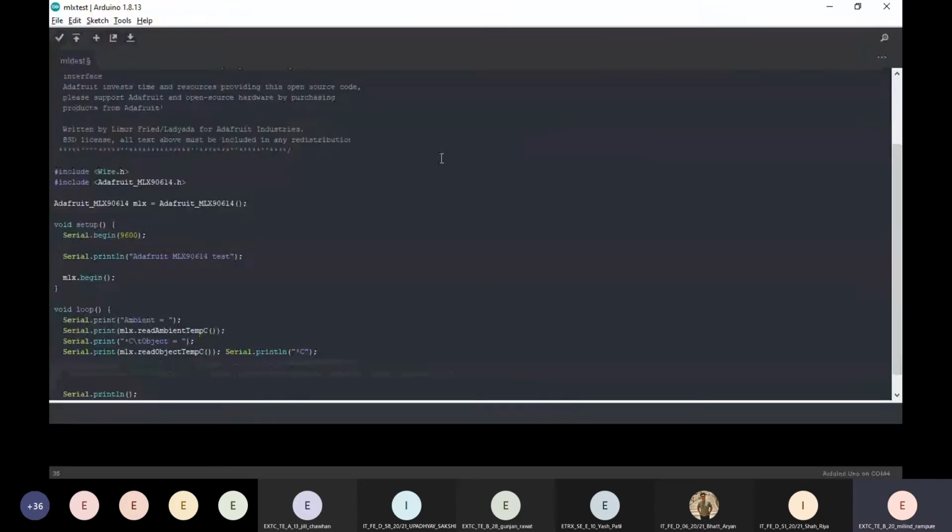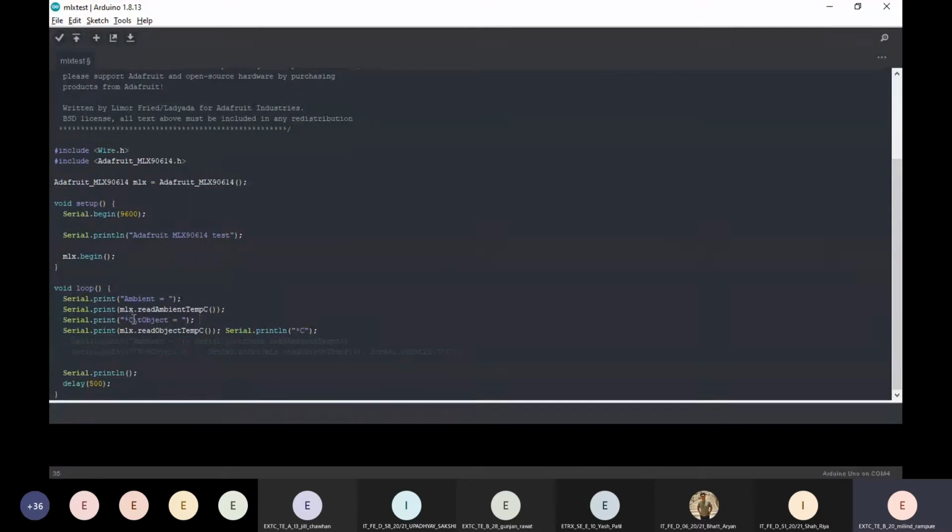This backslash t gives us a space and then prints this statement once again. We once again call the function read object temperature in Celsius, and serial print degree Celsius as it is.